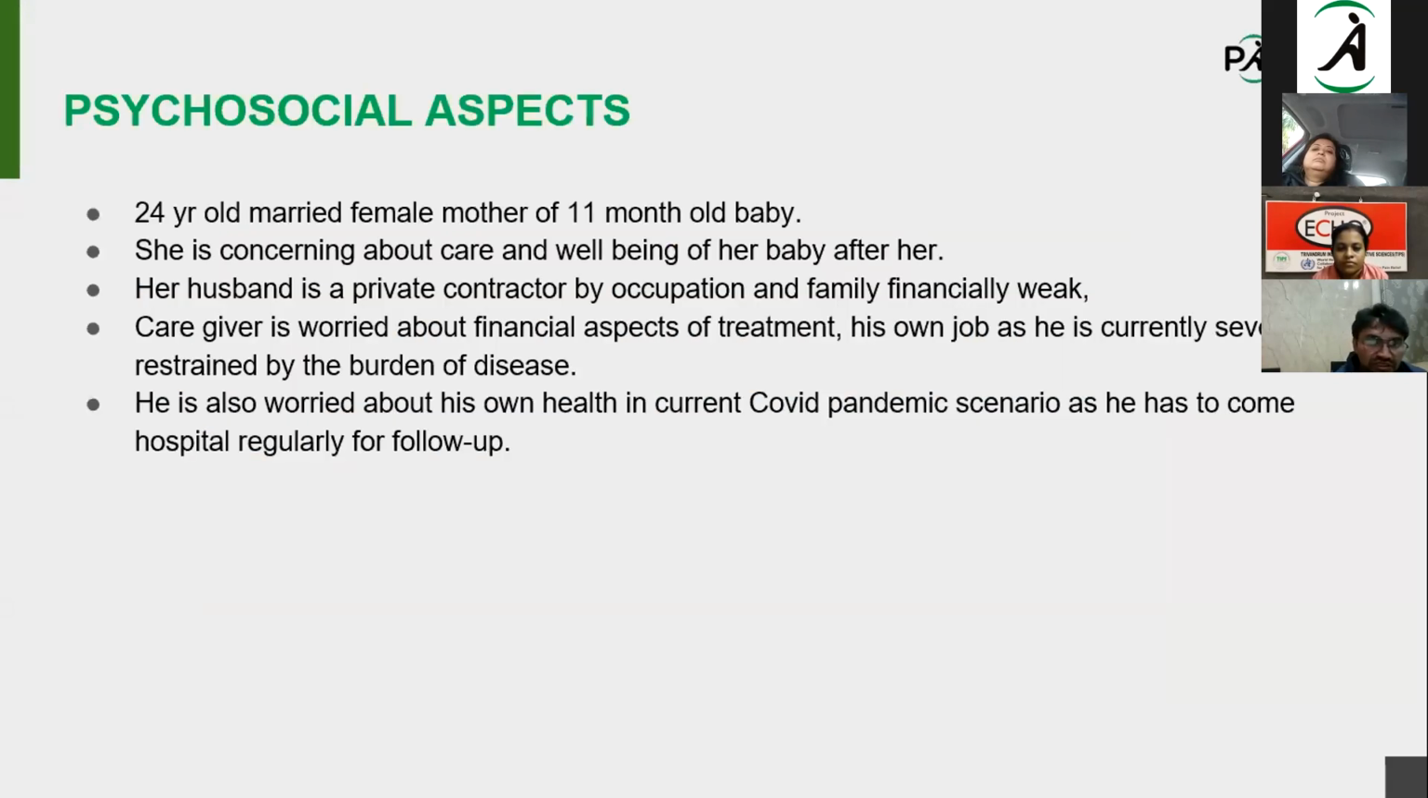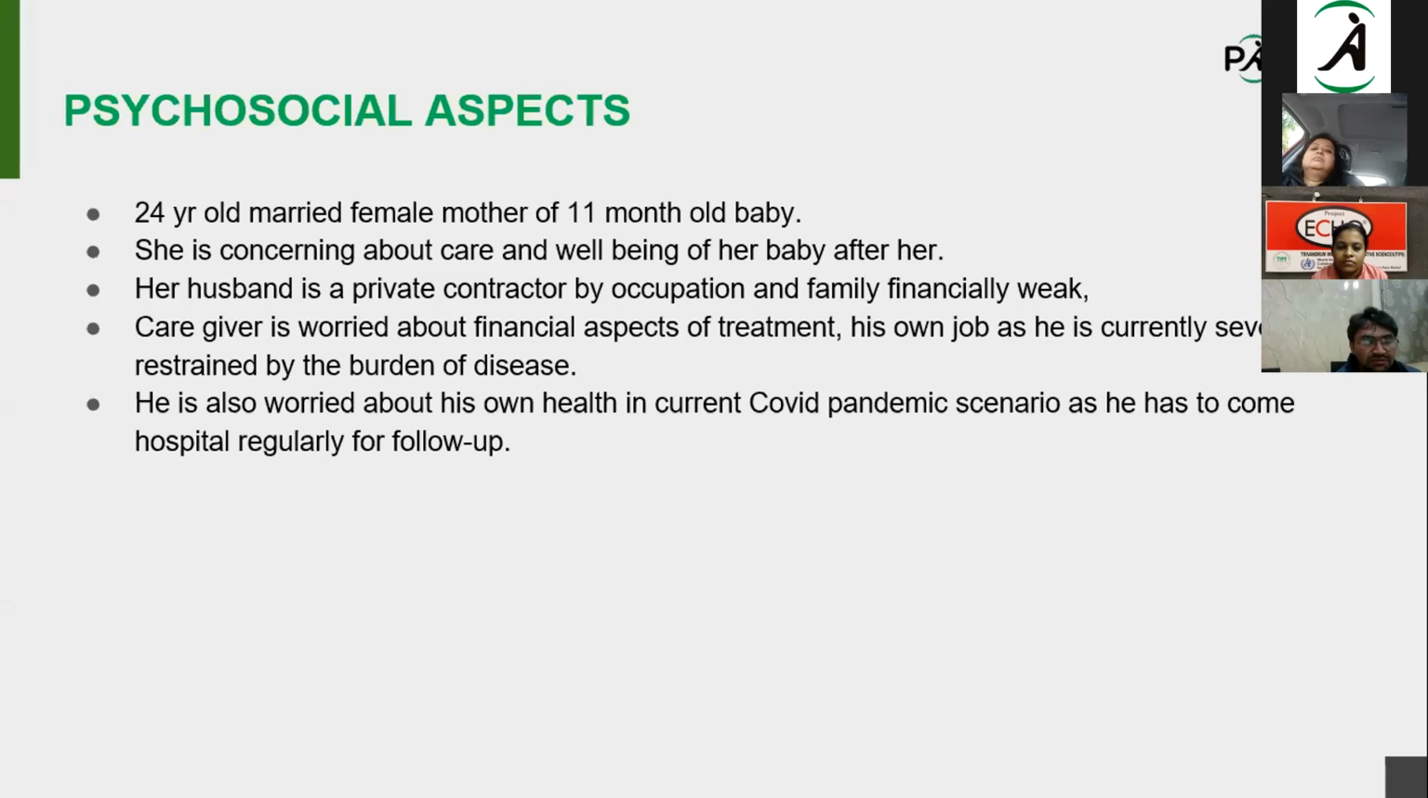Then psychosocial aspects. The patient is a 24-year-old married female with a 1 year 11-month-old baby. She is concerned about the care and well-being of her baby after her. Her husband is a private contractor by occupation and the family is financially weak. The caregiver is worried about the financial aspect of treatment, his own job, as he is currently severely restrained by the burden of disease, and he is also worried about his own health in the current COVID pandemic scenario, as he has to come to the hospital regularly for follow-up,